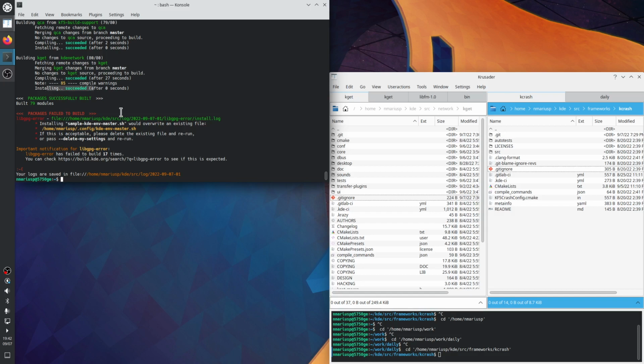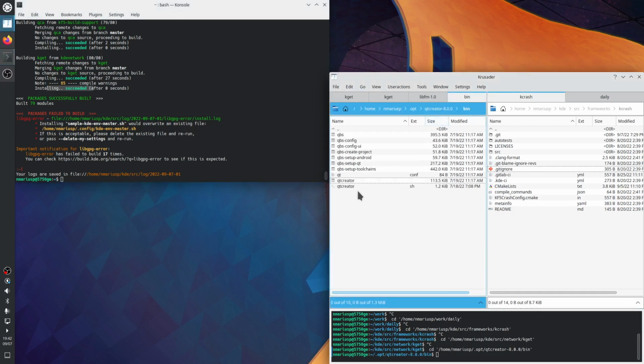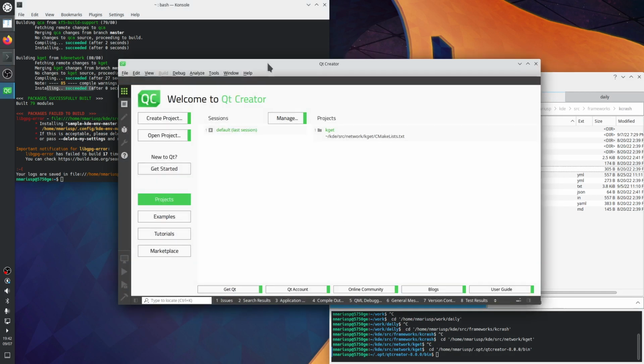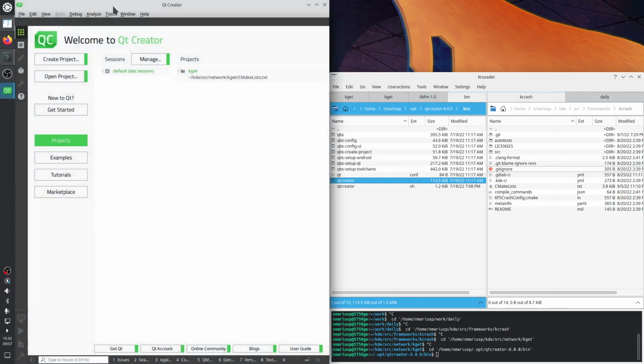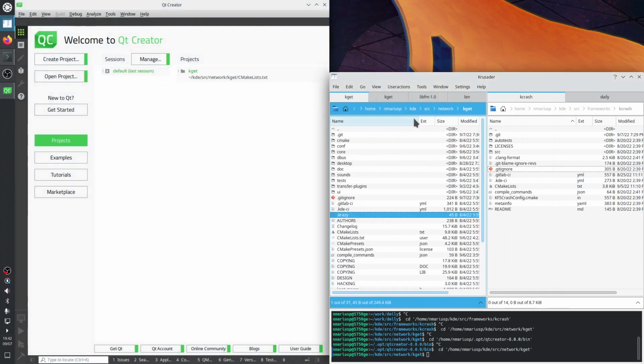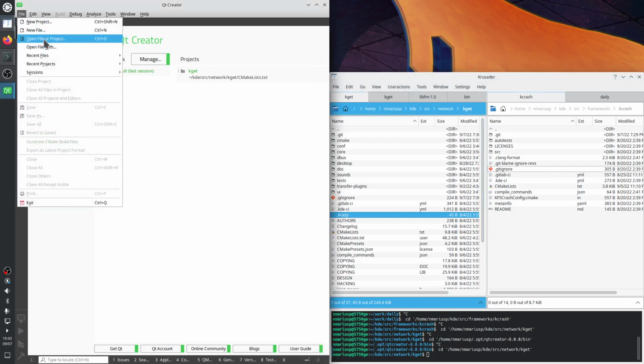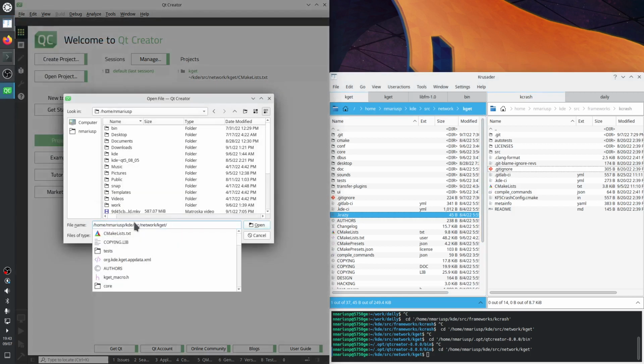What's next? Well, next would be to try to open this thing in an IDE and do everything that an IDE affords and allows to do. For the IDE, we're using Qt Creator, which I've downloaded from the website of Qt. So for that, we go to the source directory of the Git repository for kget, which is home/kdesrc network kget. I copy this thing, Ctrl C, file, open file or project, Ctrl V,